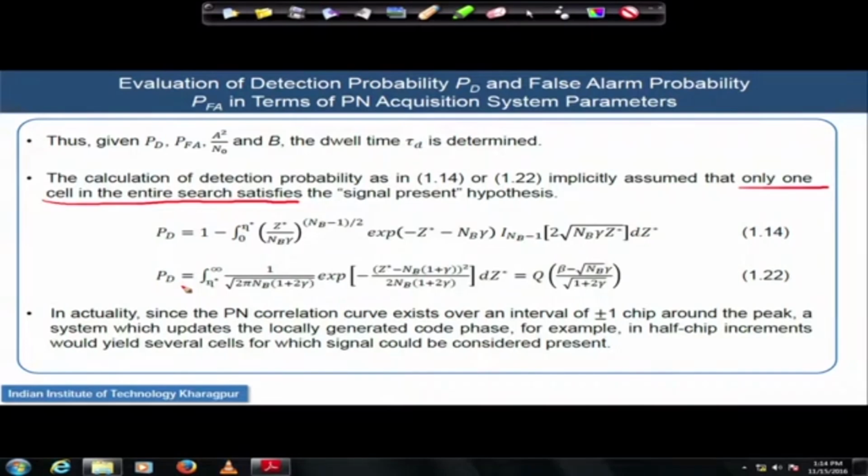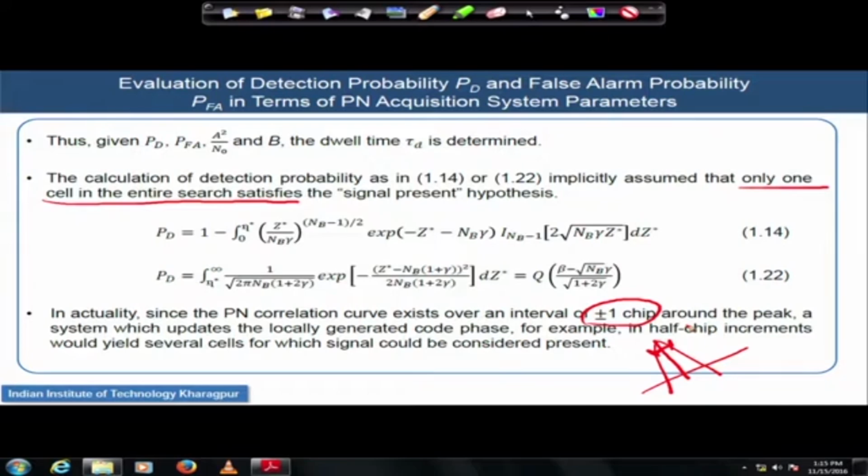Okay. But in actuality, what was done? The PN correlation curve, if you observe, the correlation graph actually exists over an interval of plus minus 1 chip around this peak. So you have to look into the fact that detection can also get locked here or here. It may not be exactly the peak. So you may get anywhere within the plus minus 1 chip duration, and that is why